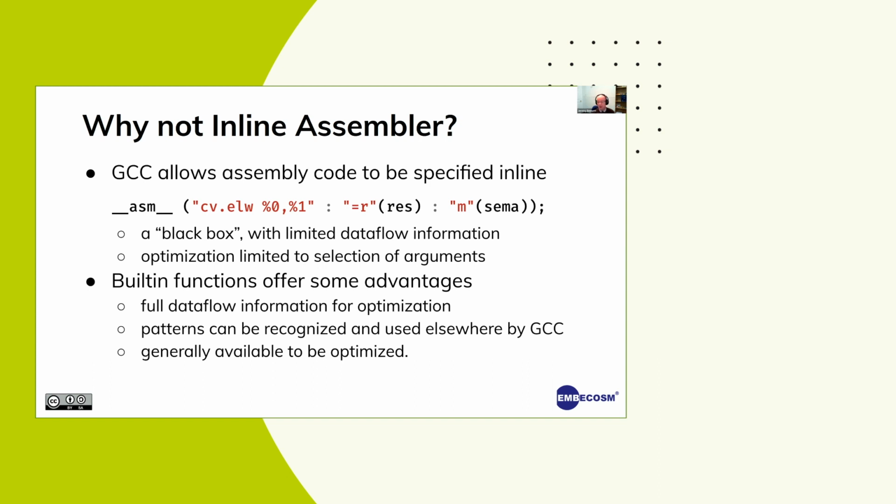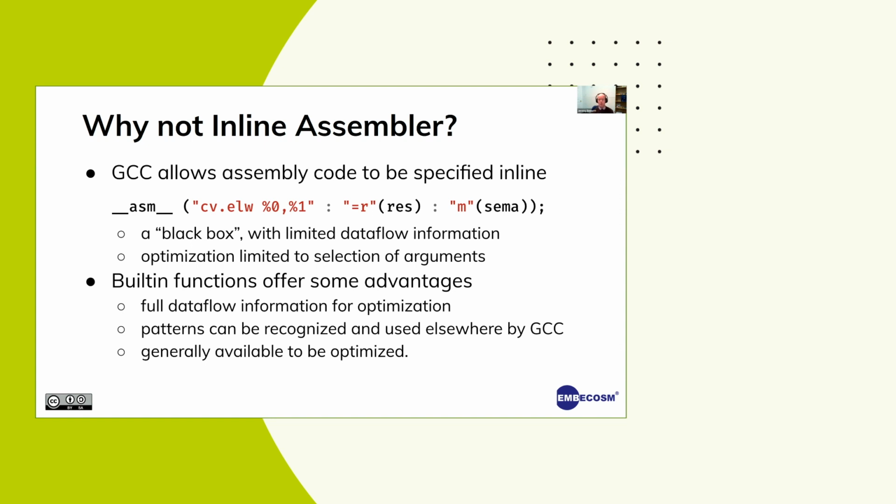And then a colon, then any input arguments. In this case, we've got one input argument. It's a type m, which means it's a location in memory. And that location in memory will be some sort of variable. In this case, we've got sema. And the GNU compiler will carefully make sure that the value of the variable res is being held in a register that can be substituted in there, and it will substitute the correct instruction. And you can compile and assemble that, and it will generate the instruction.